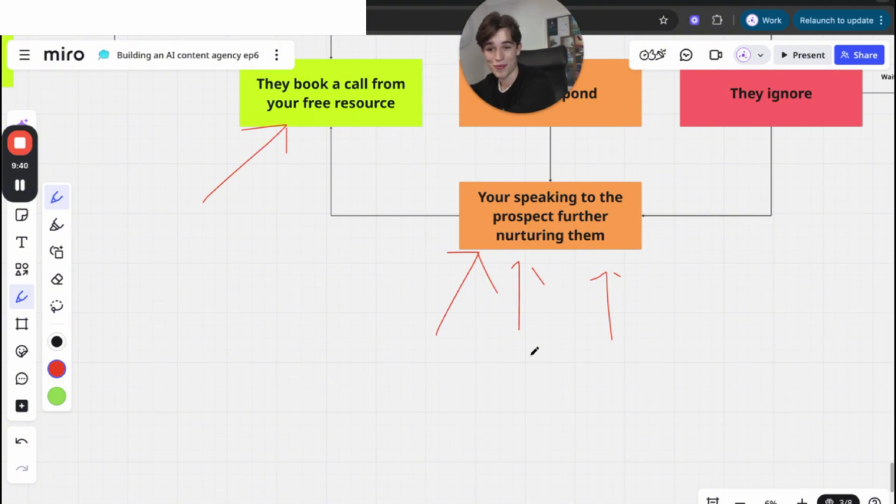So you can then send them that video, so they're going to be further nurtured by you, because at this point, they've watched 2 videos by you. They could possibly be spending up to 30, 45 minutes with you, just watching and consuming your content. At that point, they're definitely going to be nurtured, and they're definitely going to know, like, and trust you. So this is why it's very, very important that you're also making content.